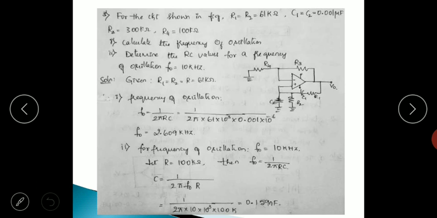So quickly we'll see one example on Wien bridge oscillator too. So you can see the circuit of the Wien bridge oscillator given there, and it is given that R1 equal to R2 equal to 61 kilo ohm, C1 equal to C2 equal to 0.001 microfarad, R3 is equal to 300 kilo ohm, and R4 equal to